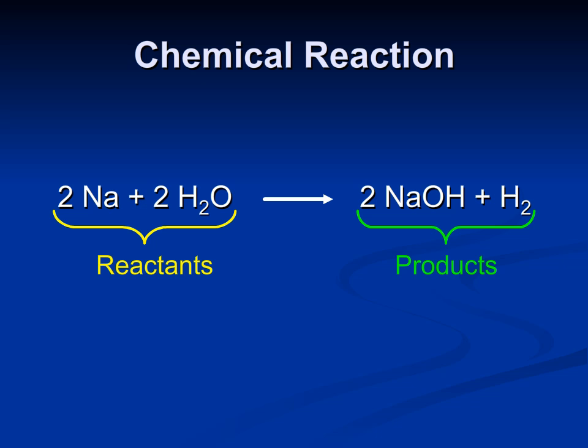Now, notice the numbers in front of some of the reactants and products. These are called coefficients. They are needed to balance the equation. 2 sodium atoms and 2 water molecules are needed to produce 2 sodium hydroxide compounds and 1 hydrogen molecule. We have 2 sodium atoms on the reactant side and product side. We also have 4 hydrogens and 2 oxygens. Balanced. But if we were to try this reaction out in a lab, how would we know the exact amount